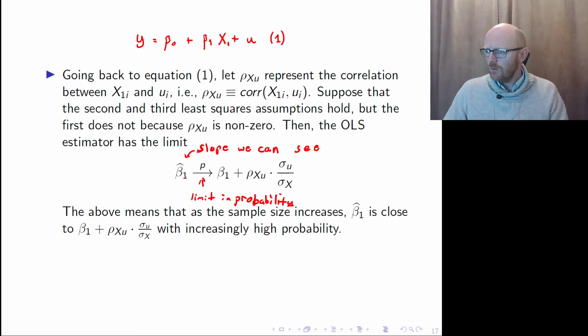So we say that the slope that we can see is equal to the true slope